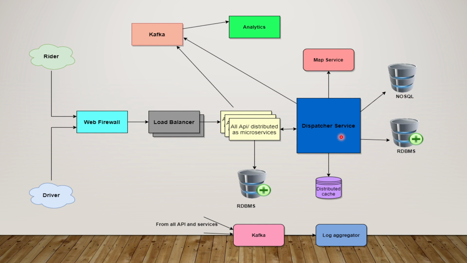Again, the dispatcher service will be a decoupled application, and it will also have a bunch of services which should be implemented to perform operations like putting the message in the Kafka queue, connecting to the driver, connecting back to the rider, sending a push notification to the rider, and sending a push notification to the driver as well. So all these details will be coded as part of the dispatcher service.